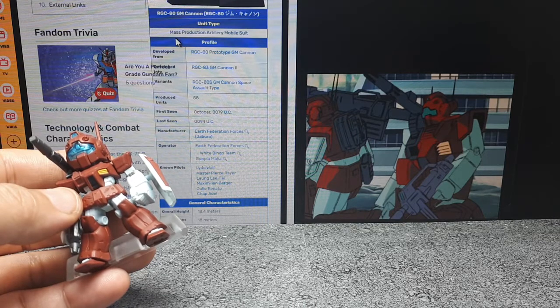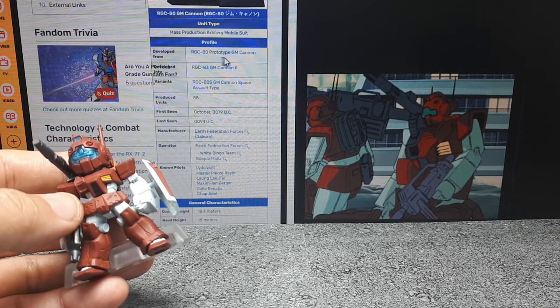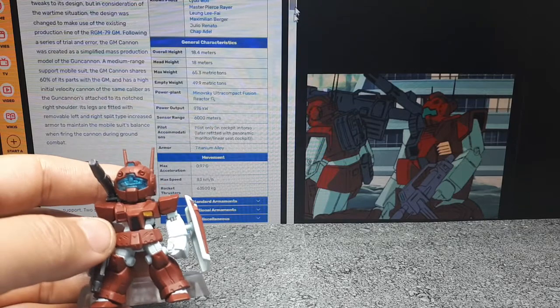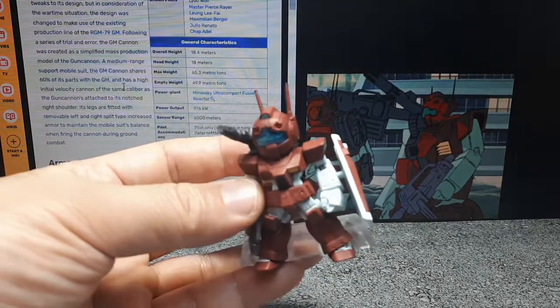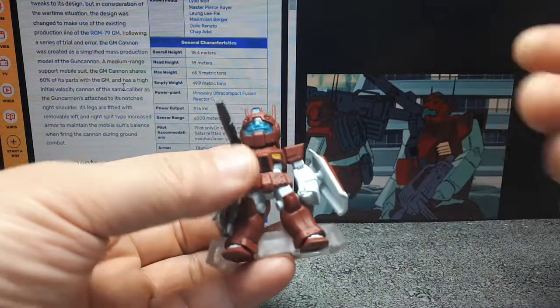Statistically here, this is a mass production artillery mobile suit. It's developed from this prototype and later became that thing. 58 units were made in this universe. It's basically a mobile suit with a giant cannon on its shoulder, right? So